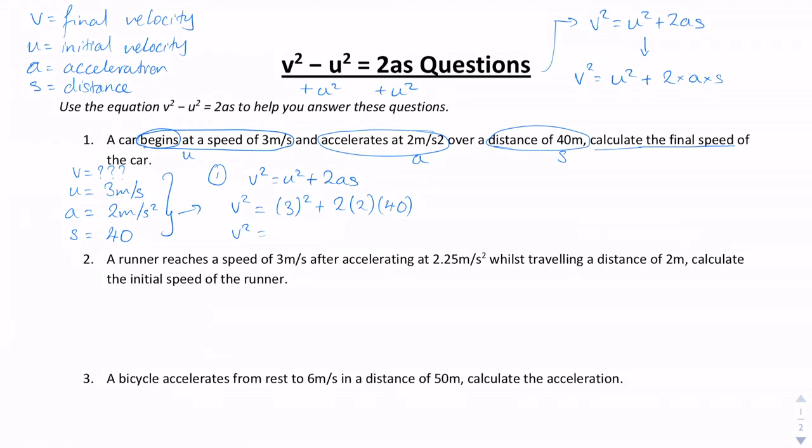So v squared equals 9 plus 2 times 2 times 40, which is 160. Remember, you can use your calculator for this. Equals 169. So v squared equals 169. You can square root both sides of the equation to solve for v. This gives us v equals 13. Remembering our units, we're talking about velocity here, so it's 13 meters per second. And that's our